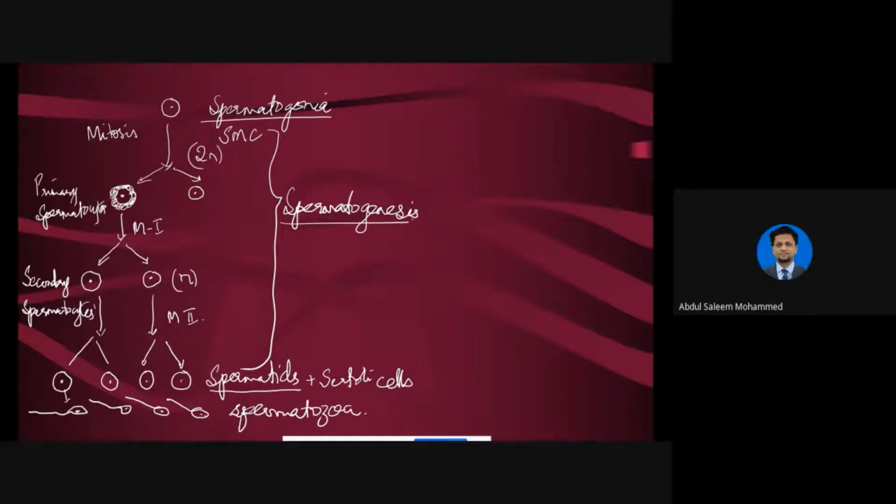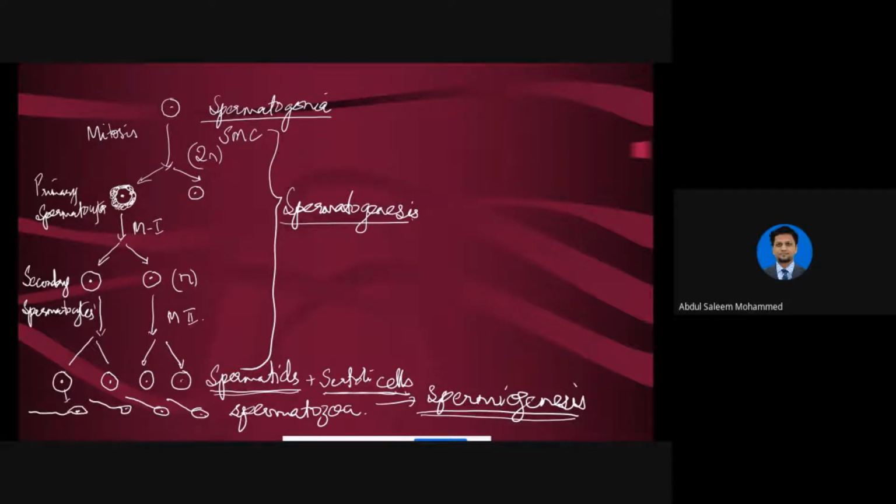Okay, now the formation of these spermatozoa takes place when the spermatids combine with Sertoli cells, and the transformation takes place. This process of formation of spermatozoa when the spermatids combine with Sertoli cells is known as spermiogenesis. So spermatogenesis is a different process. Spermiogenesis is a short process which is very different from spermatogenesis. So you need to differentiate these two different processes, spermatogenesis and spermiogenesis.